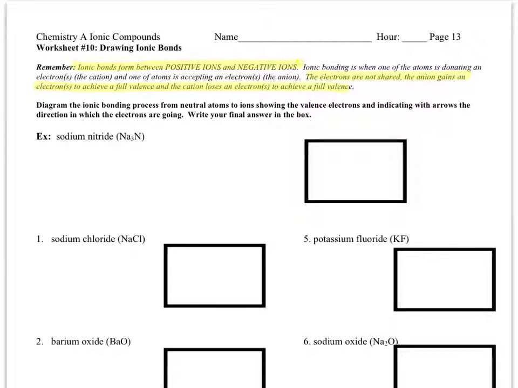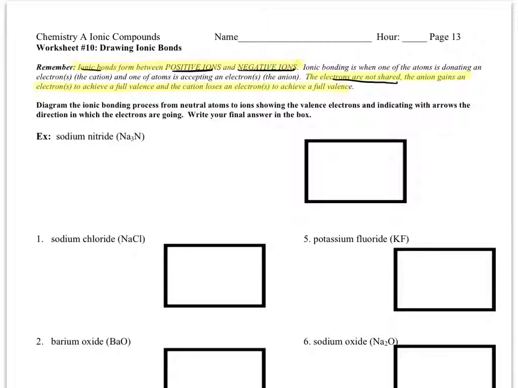This is worksheet 10 of the Ionic Compounds packet, and this is where we finally get to draw some pictures to represent the bonds, or the connections, that hold the positive metal and the negative nonmetal together. Okay, so like I said, reminder, ionic bonds form between positive ions, those are the metals, and negative ions, those are the nonmetals. And in this type of a bond, this type of a connection, the electrons are not being